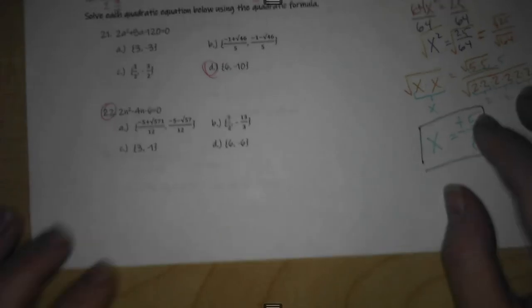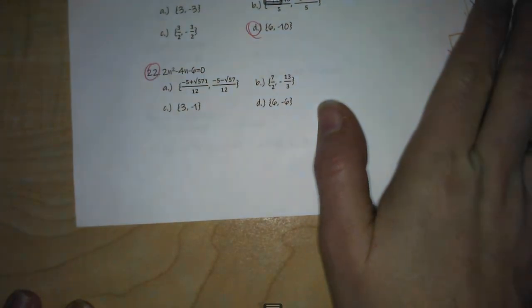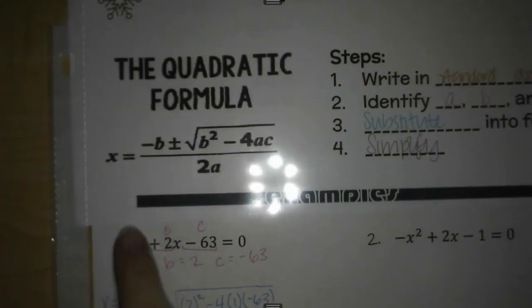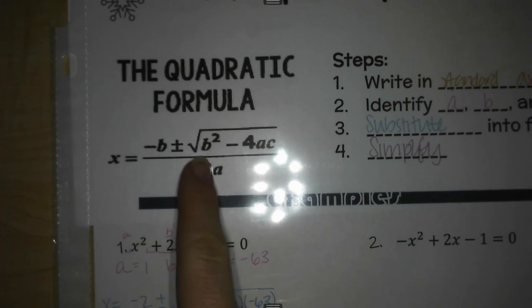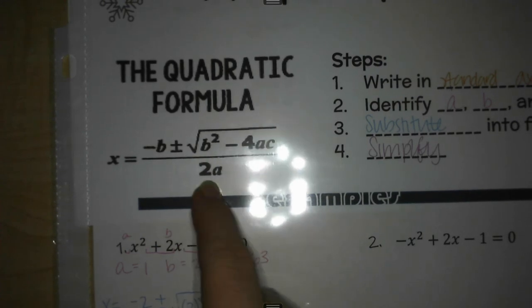Number 22 on your review says solve by using the quadratic formula. This one is more closely related to how you're going to see it on your test. Your test is multiple choice. Quadratic formula: x equals negative b plus or minus the square root of b squared minus 4ac, all divided by 2